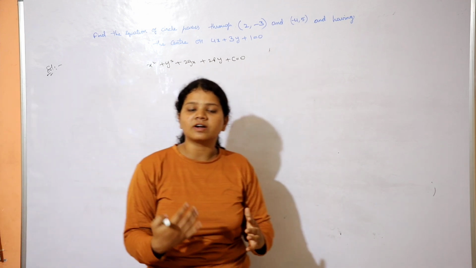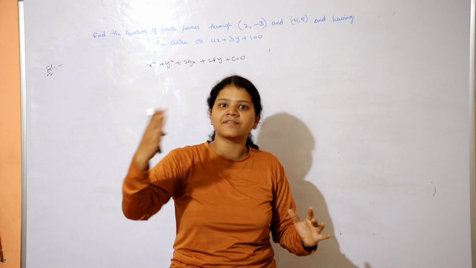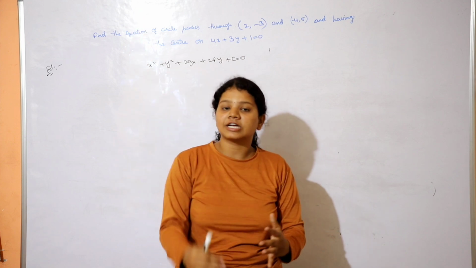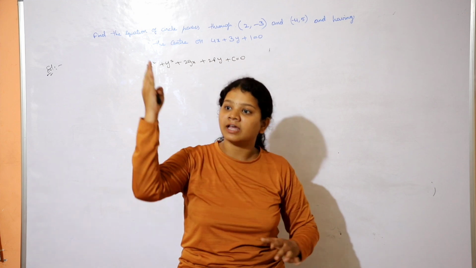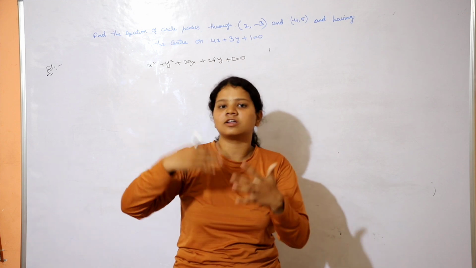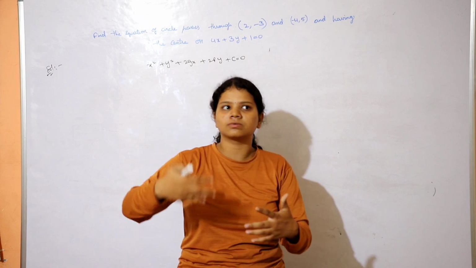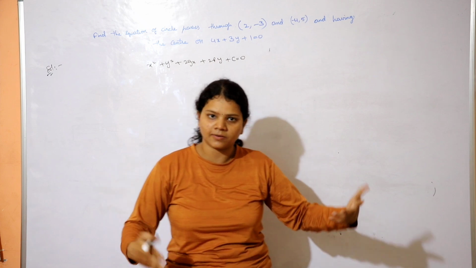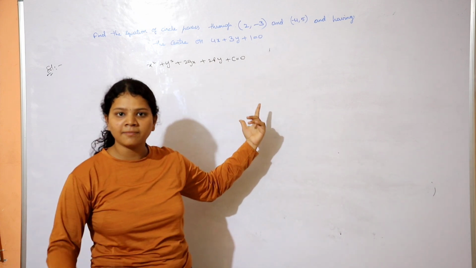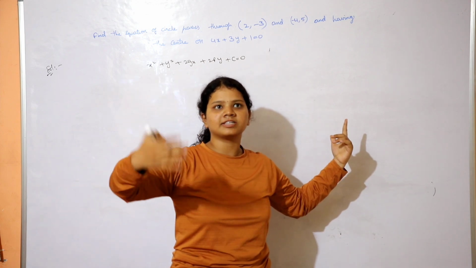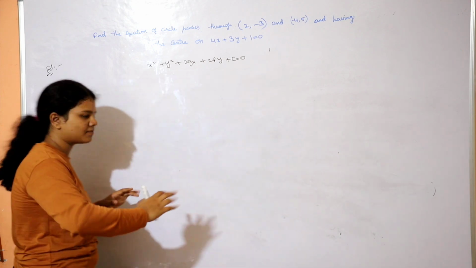In the first question, they have given the values which we can eliminate easily. In the second question they didn't give the values which we can eliminate easily. Instead we did an additional step to find out g value, f value and c value. And in this question, it's the same way, but a little bit different in one step. As we keep on solving, you'll be reading.